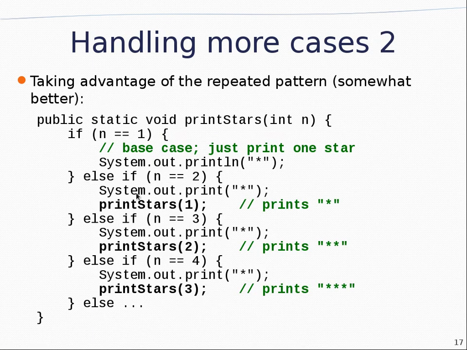So instead, what we could do is, if n is 1, you just print out 1 star. If it's 2, you print out 1 star and then call itself with just 1, which would go up to this case right here. If n was 3, you print out a star, then print stars of 2, which would go here, then call print stars of 1, and then it'd jump up here. Of 4, print out a star, then print stars of 3, which would jump down here, print a star, go to print stars of 2, jump up there, print a star, print stars of 1, and then you go out the base case. That's kind of annoying.